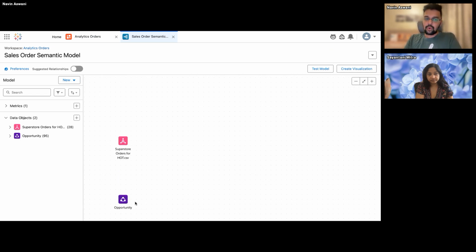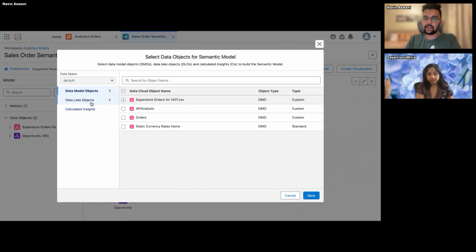So I have already imported our opportunity data lake object, but if you are new, what we can do is add a data object from here. There is a button over here. You can click on this and you'll get all the data that you are relying on in the data cloud.